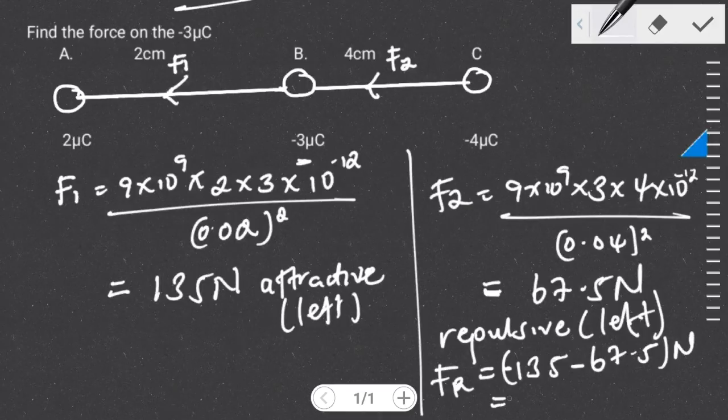So I would have something that would be negative 202.5,